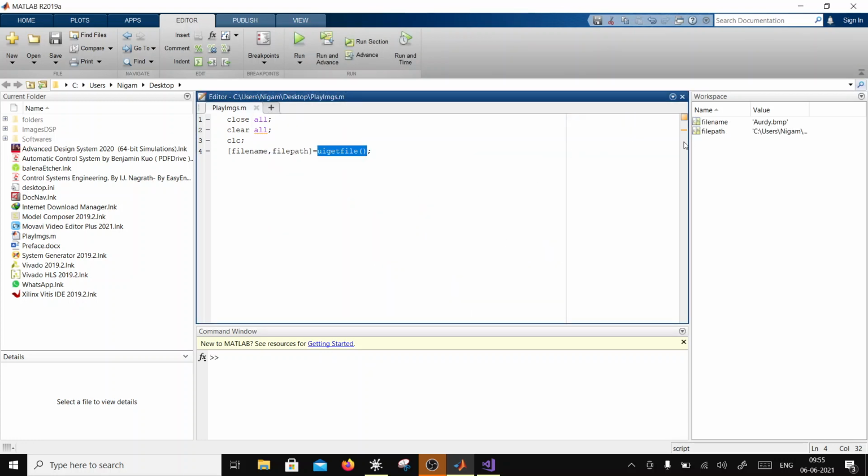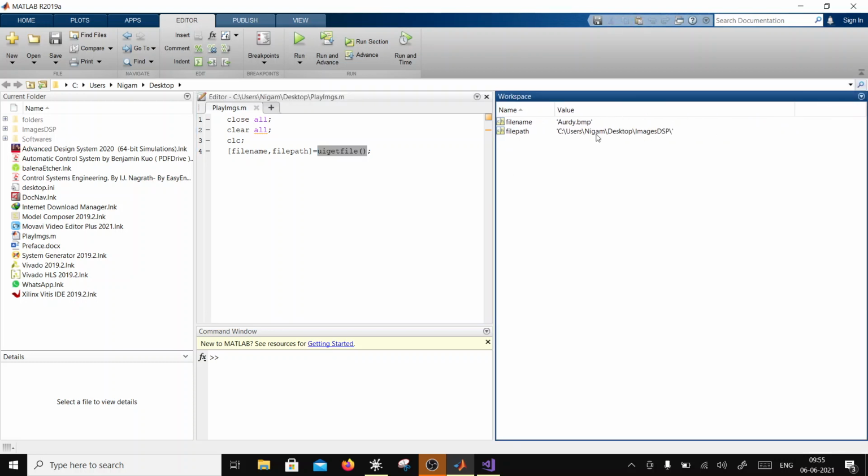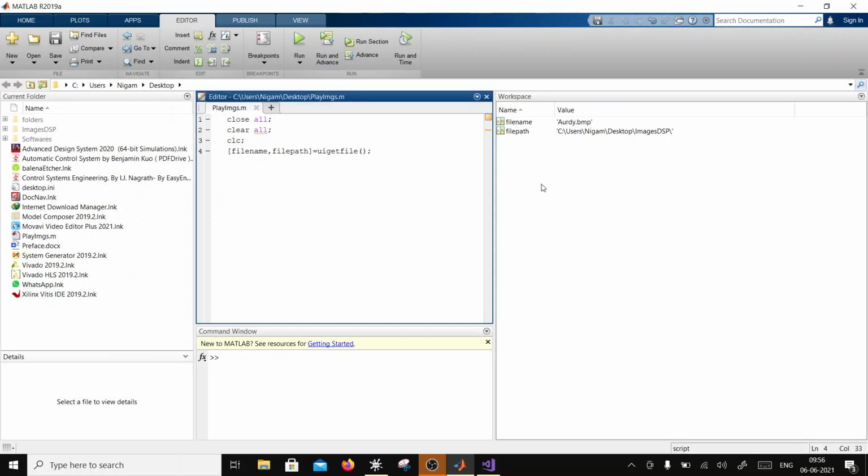So it gives me over here in the workspace the path and the file name. Correct? So this is how I'm going to read the path and the file name, and then I can say full name is going to be equal to, and I think plus works in MATLAB, so I can say file path plus file name. I'm not sure if this works, but otherwise there will be string concatenation, somehow I have to do that.